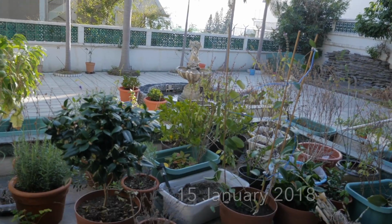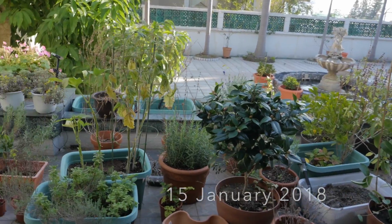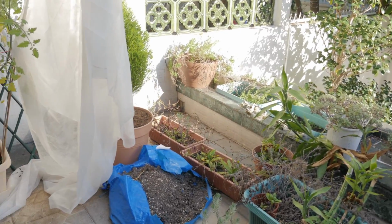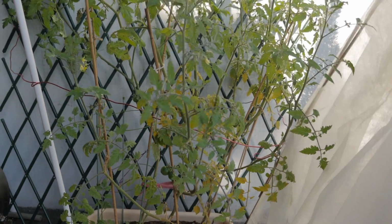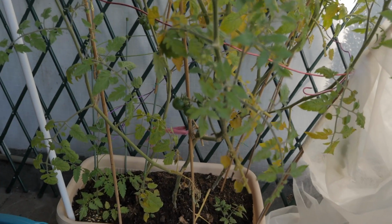Hi, I think today is a good day to do a garden update. As you can see, it's quite messy. It's a bit lazy. This is my, is it? I think it's a cherry tomato. You can see they have...